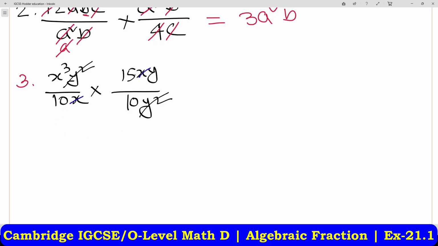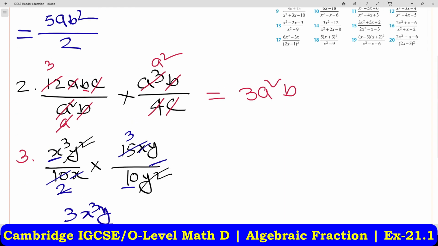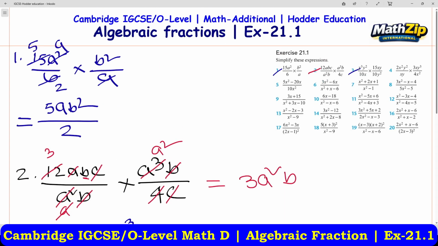So in here, this 10 we can divide by 5, we will get 2. This 15 we can divide by 5, we will get 3. So final answer is 3x³y ÷ 10 times 2 is 20. Number 3 done. Number 4,